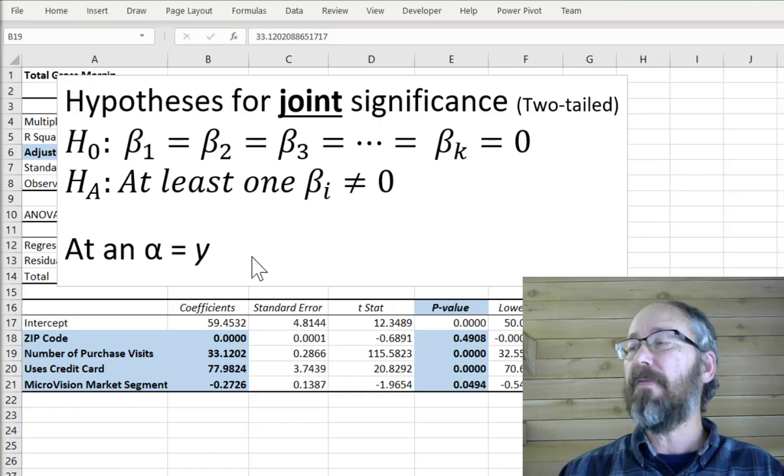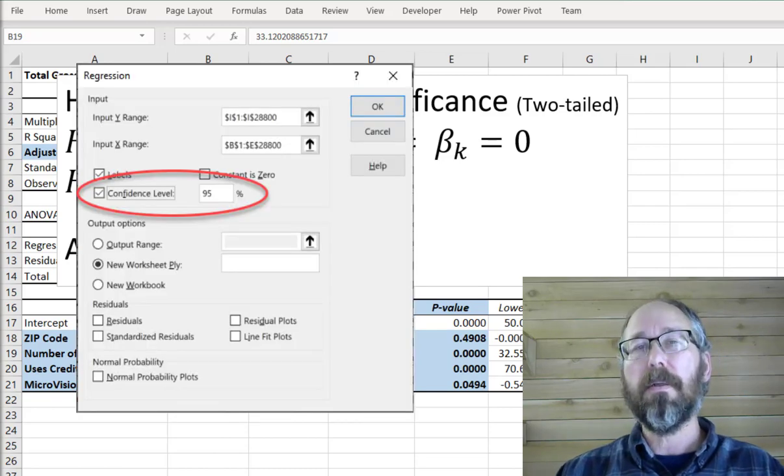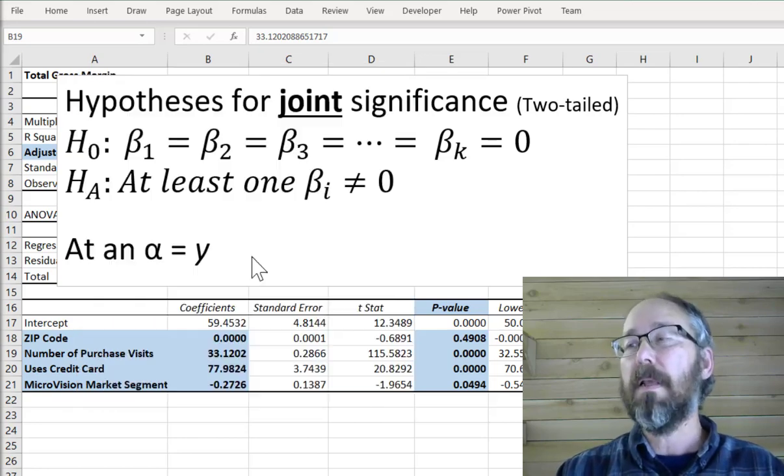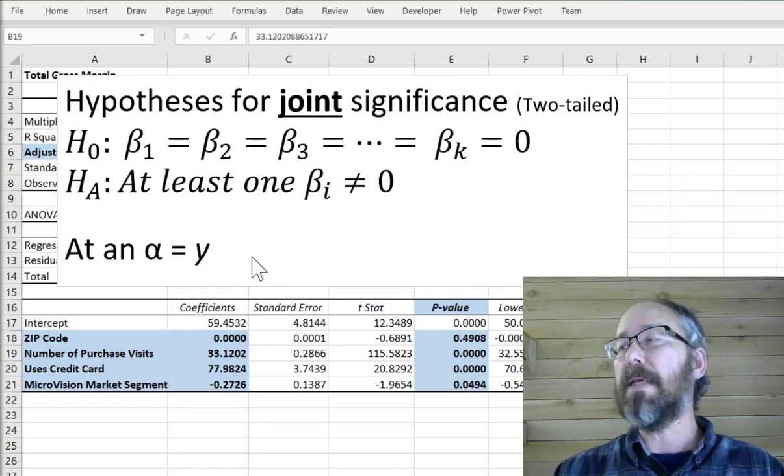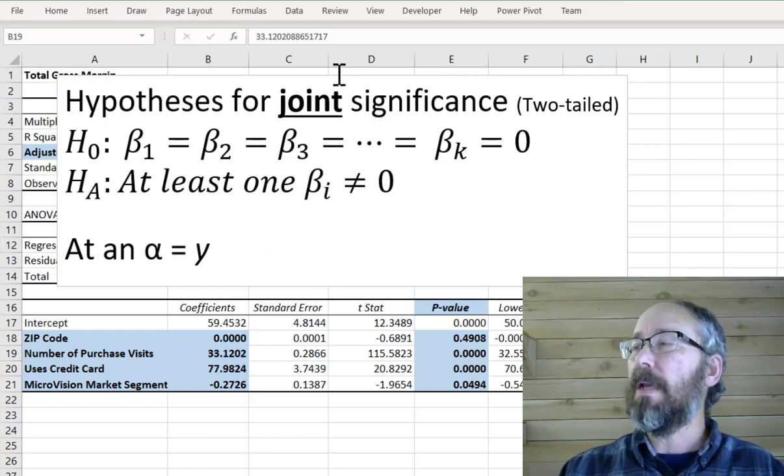And if you recall earlier, when we were setting this linear regression up, we could have adjusted the confidence level and therefore adjusted our alpha. But I've left it at 95% for our confidence level. Therefore, our alpha is at 0.05. And so what we're looking for is the p-value. So in this case,